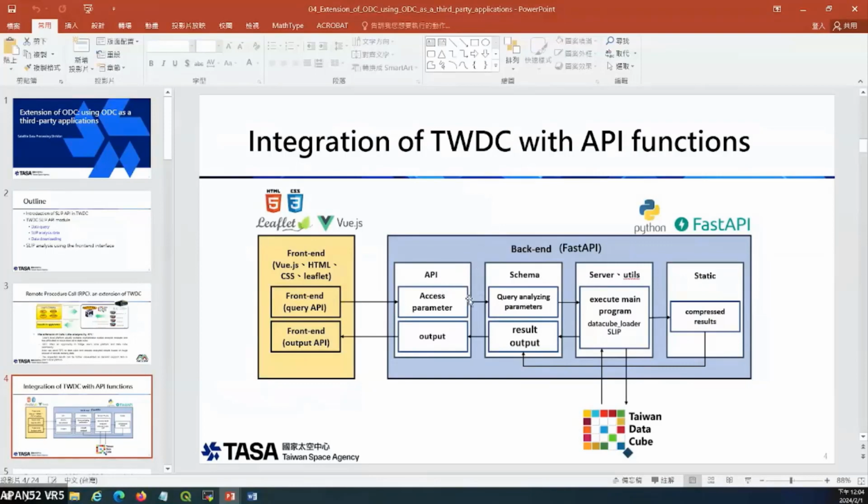These parameters will be transferred into the back end, and the main computation part is also installed in TWDC. So the parameters will be transferred into the TWDC for the computation. For the example in our practice, we will also use the SLIP product for landslide detection. So the parameters about the prior and post event image data and the thresholds of our three conditions should be